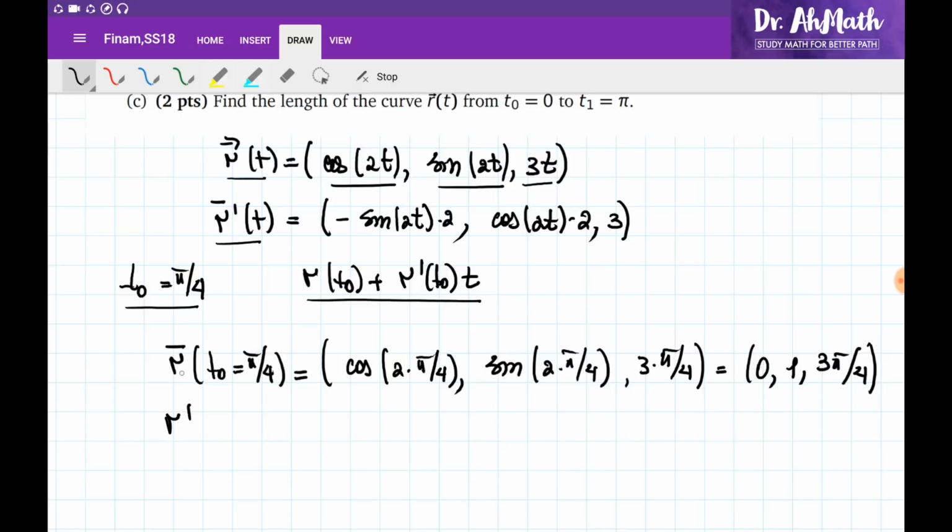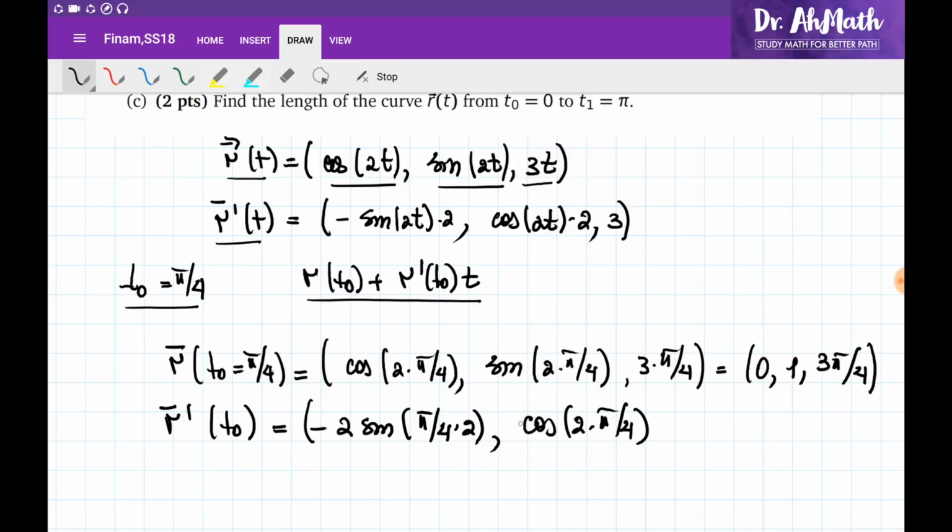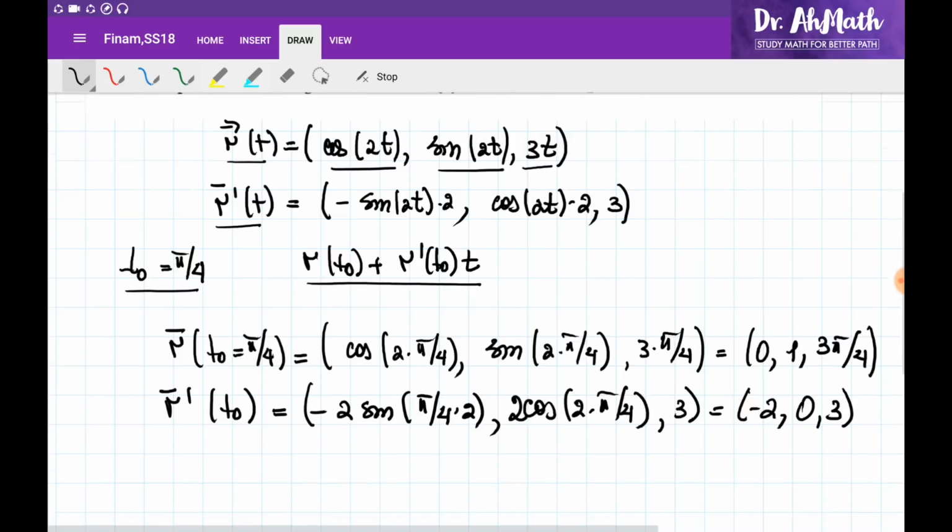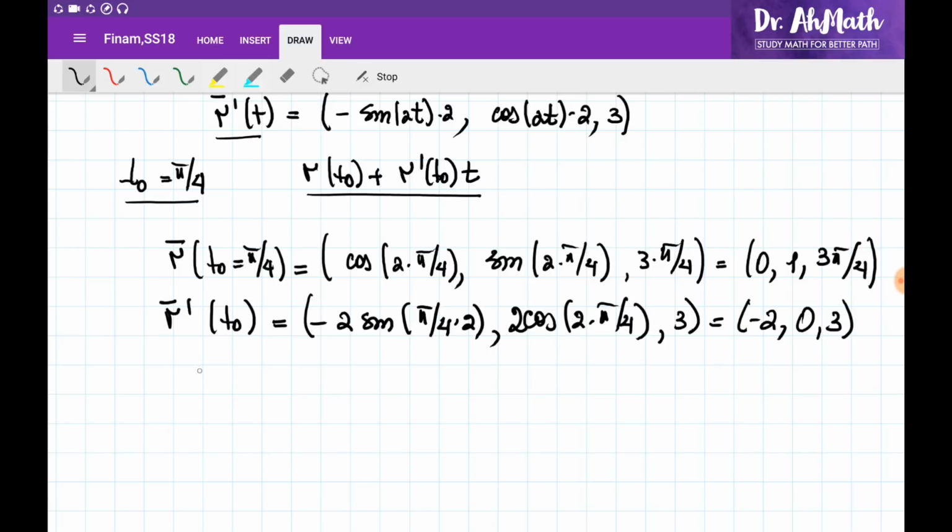Now let's calculate r prime at this point, t0. It's going to be minus 2 multiplied by the sine of 2 multiplied by pi over 4, 2 multiplied by the cosine of 2 multiplied by pi over 4, and simply 3. So the sine of pi over 2 is going to be 1 multiplied by the minus 2, it's going to be minus 2. So 2 multiplied by the cosine of pi over 2 is going to be simply 0, and this is 3. So the equation of the tangent line would be the vector 0, 1, 3 pi over 4